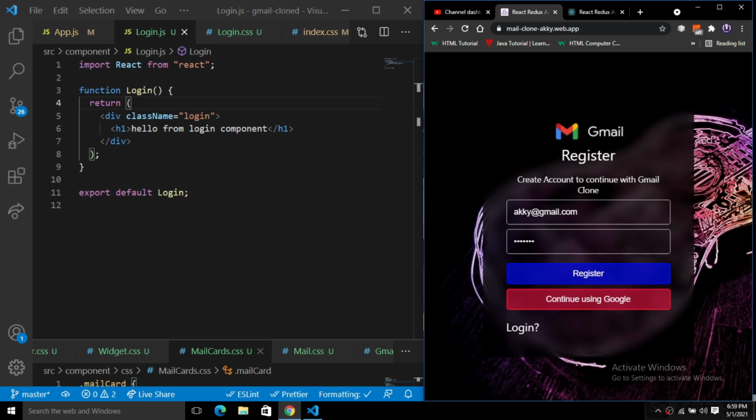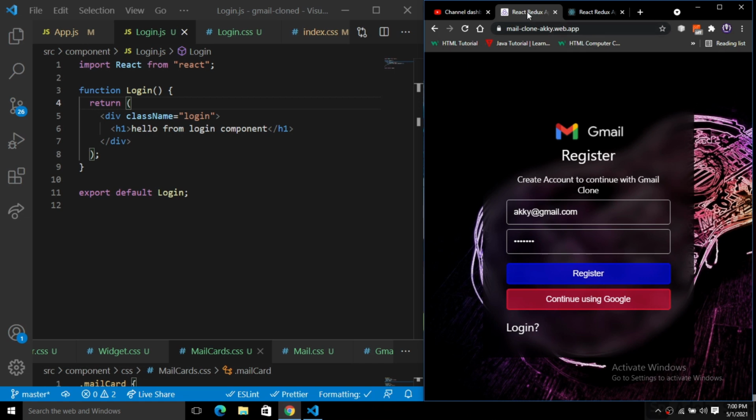Basically we just paste the code for the login and the CSS file. You can simply create your own login page just like this. It is very easy. I'm just going to paste the code for the login and the CSS file to get the exact looking page.